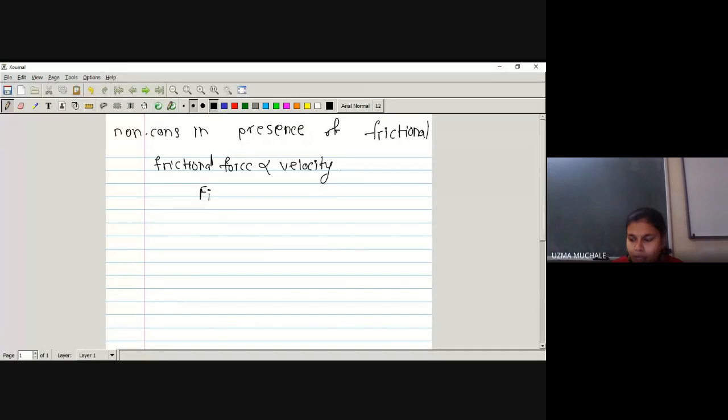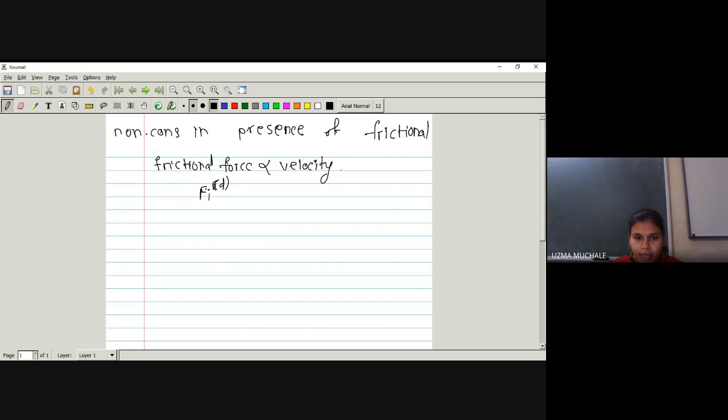Now the frictional force I will denote by F_i^D, that is, force due to dissipative force. What do you mean by dissipative force? The forces which try to destroy the motion. Okay, that we have seen in the case of a partially conservative system. Due to friction our motion will be stopped if we are going with the same velocity. So if you have to increase the velocity, that means we are applying exactly the opposite force to the friction so that we can move in the forward position.